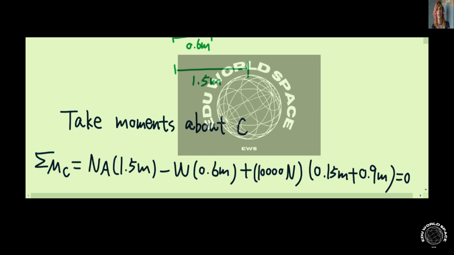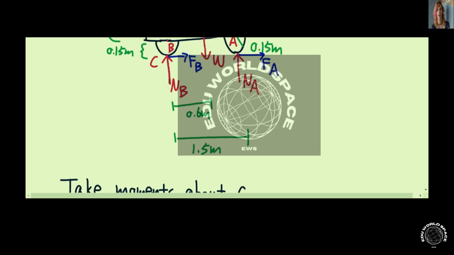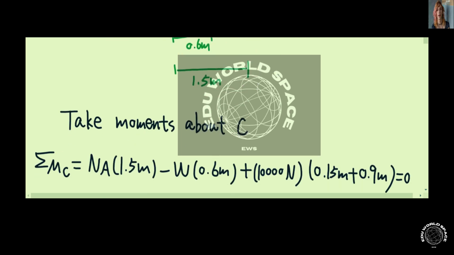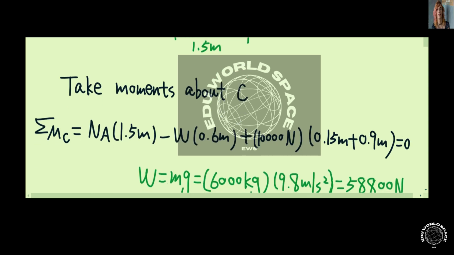And we know 10 kilonewton is equal to 10,000 newtons, and then multiplied by the lever arm for the 10,000 newton, which is 0.15 meter plus 0.9 meter. And we know the total moments about C should be equal to 0. Therefore, we'll have such an equation here. The positive values here mean that the moment is counterclockwise, and the negative moment here means that the moment